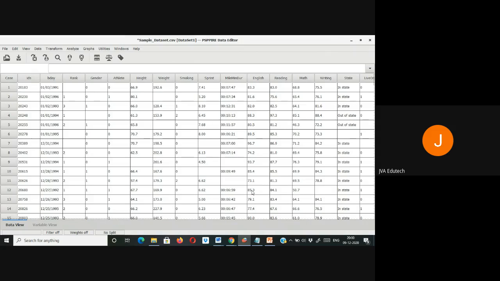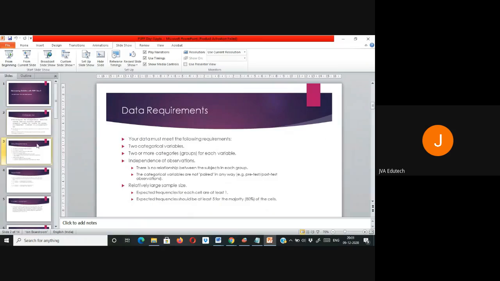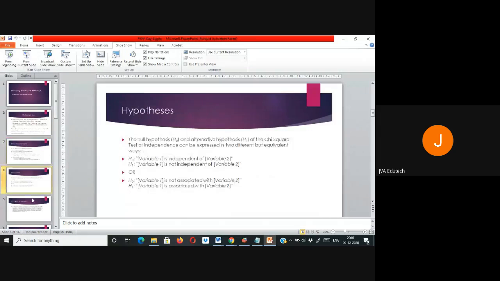We simply have two categorical variables, and we want to see whether gender has some relationship with smoking behavior, so we want to test the hypothesis that